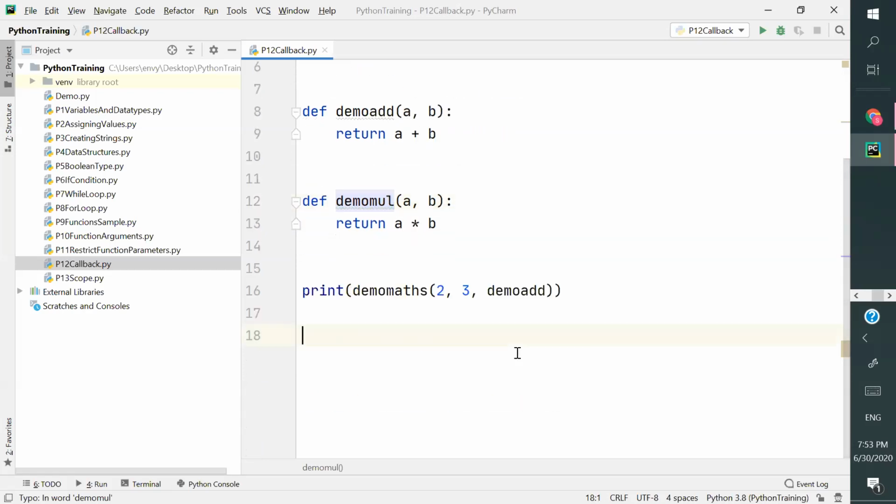When you have a single expression function, we can reduce even that. We can simplify the writing of that single expression function.